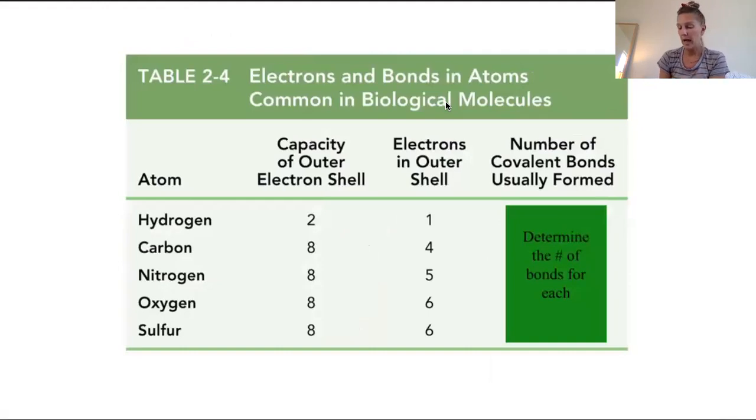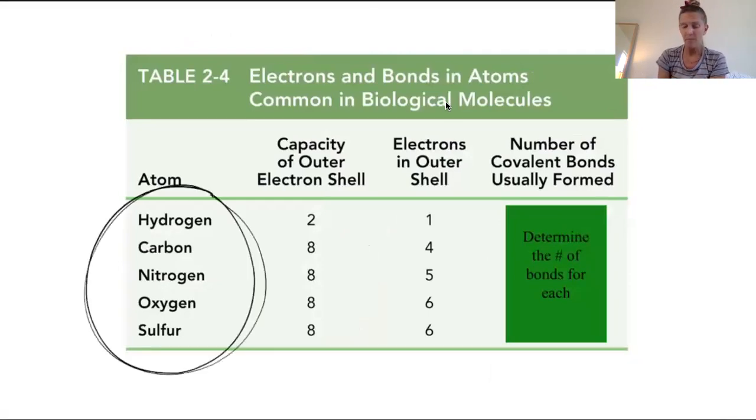So if you look at a lot of these atoms that are really important in biological molecules that we already talked about, carbon, hydrogen, nitrogen, sulfur, oxygen, didn't really talk about sulfur, but it's there. Here we have a chart that shows you how many electrons are in their outer shell and what's the capacity of the outer shell. So that will allow you to figure out how many covalent bonds each of these really like to have, all